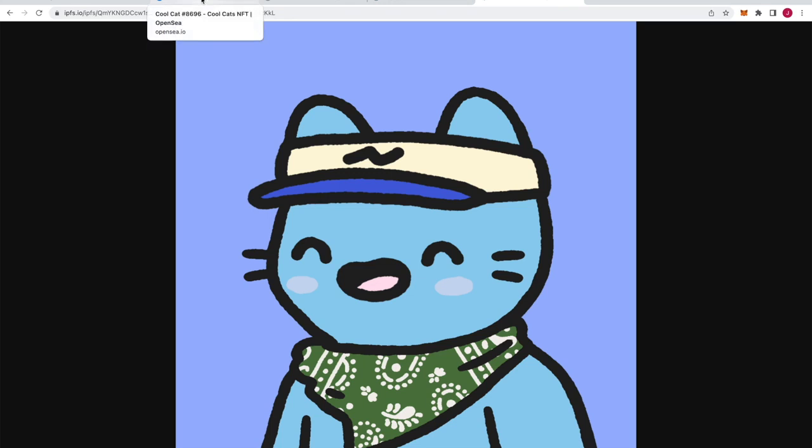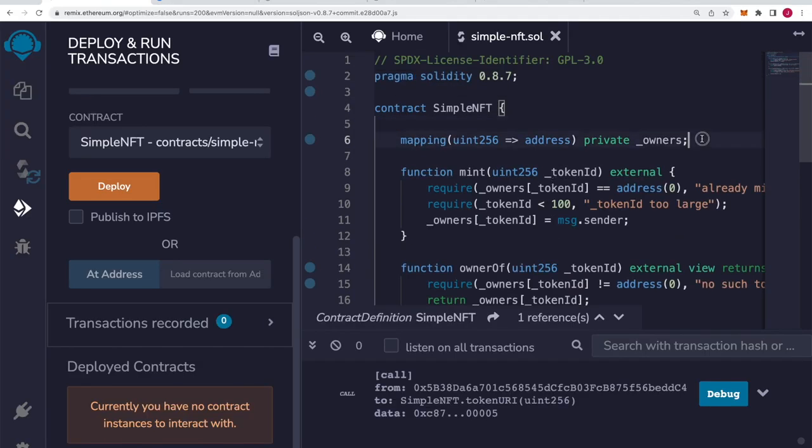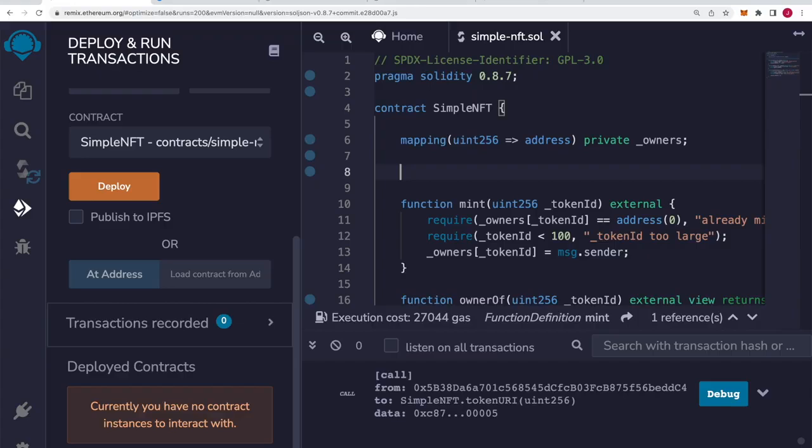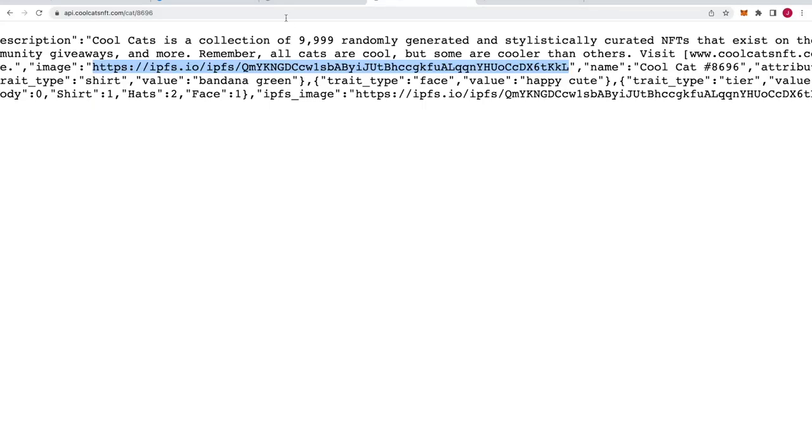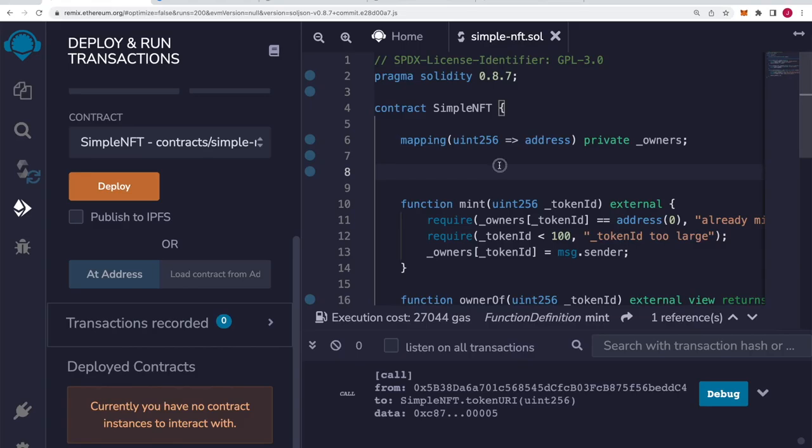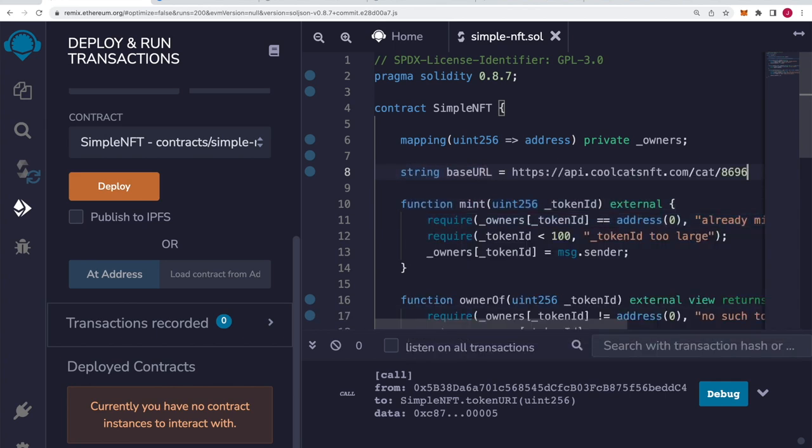Don't worry if you don't know what IPFS is right now. That is something that we will discuss later. Now what we want to do is replicate the mechanism that this CoolCats contract is doing so that we can store JPEGs. Okay, what we will need is a URL. So originally, CoolCats was storing them inside of something like this. So they had something like string, let's call it base URL, is equal to